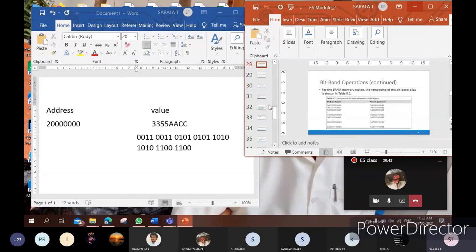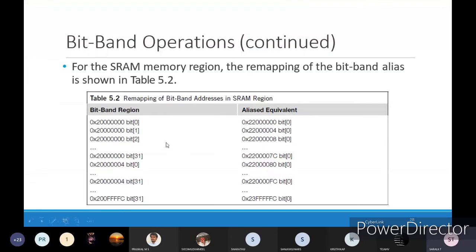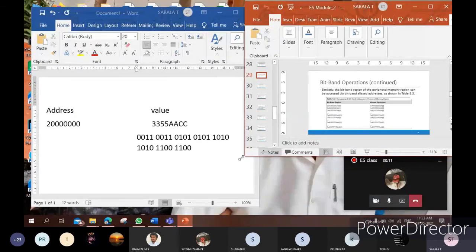The address allotment we have seen here. See, once you see this, bit 0 is stored at the address 22000. Bit 1 is stored in 22004. Bit 2 is stored in 22008. This is actually the bit alias region.